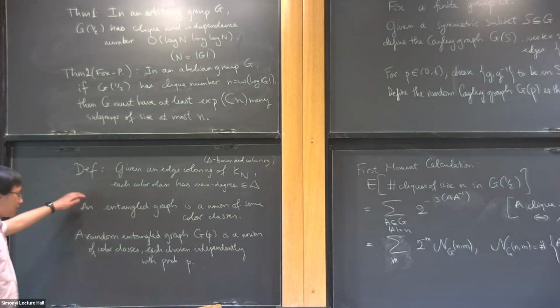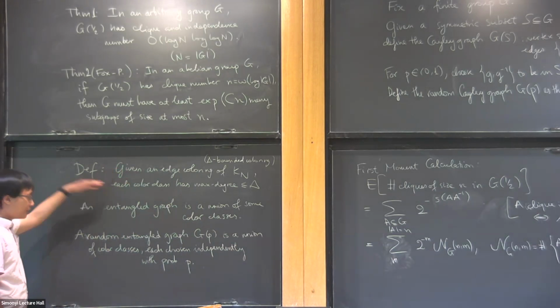But in general, given an arbitrary edge coloring, we can make this definition of an entangled graph